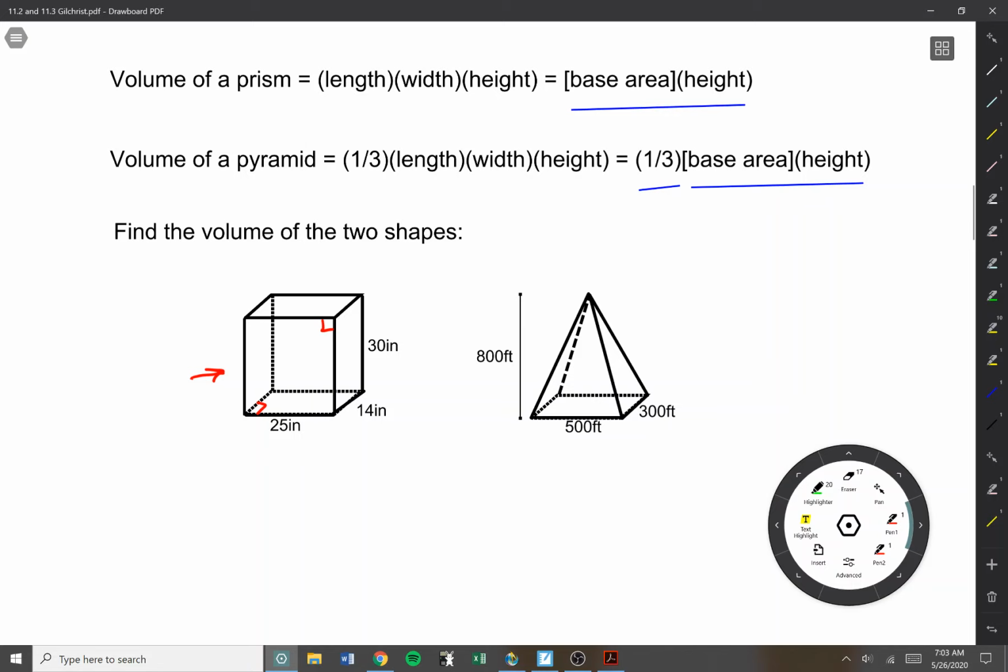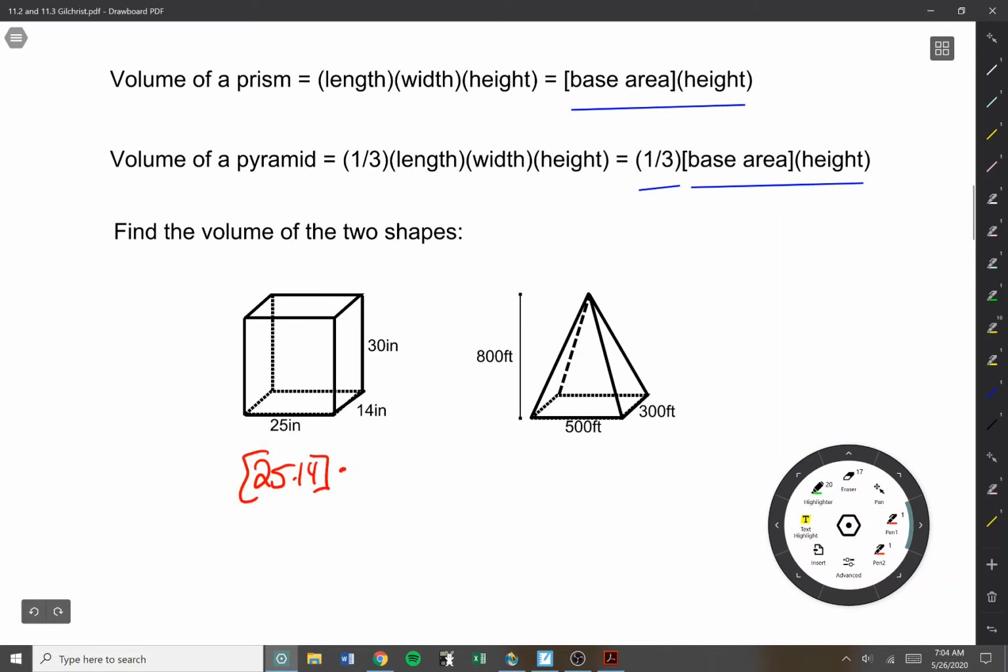Which side is on the ground? The dotted lines are supposed to be behind the perspective, but if you let your eyes blur or look at one point for a while, you can shift it around, and that's fun. So to find the volume of this prism, I would find the base area, which is 25 times 14,